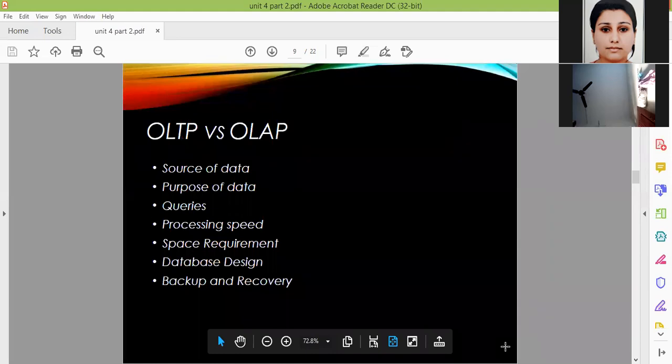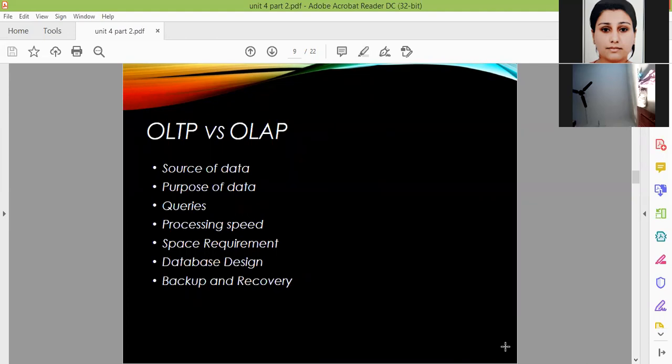So what is OLTP and OLAP? What is the difference between these? OLTP is online transaction processing. Okay, TP here is transaction processing. So we have a difference here, because in OLTP what happens is we are storing the online